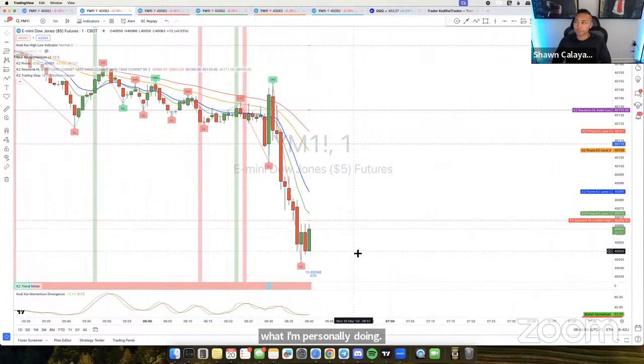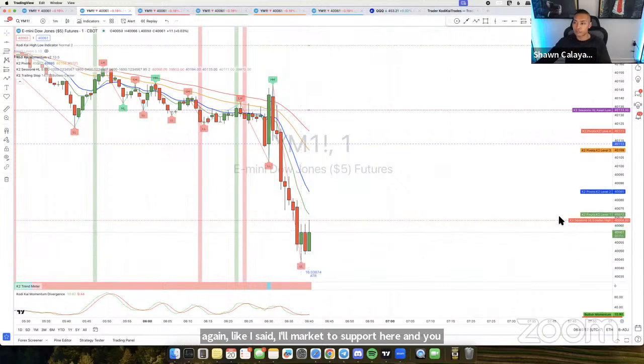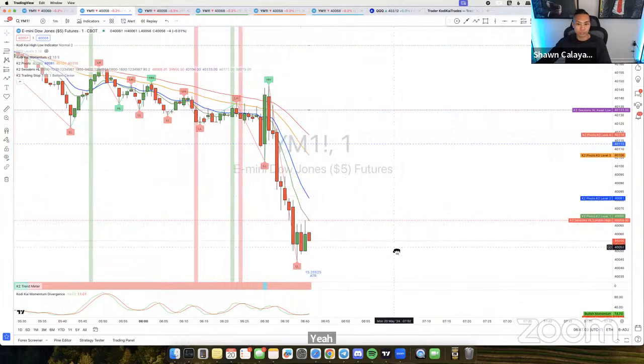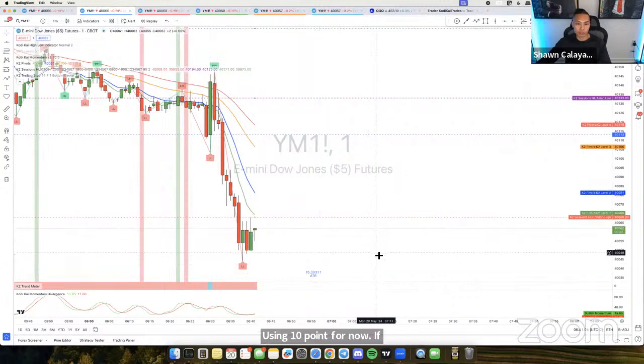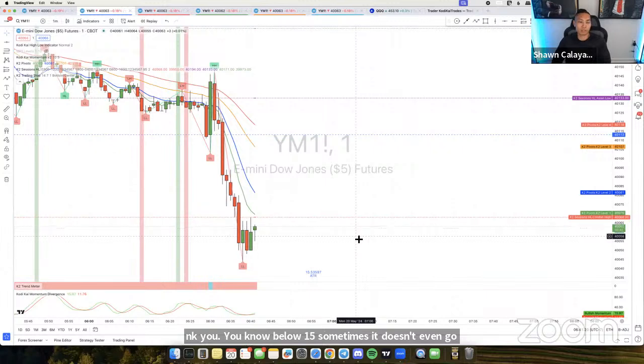All right, we don't have a new high yet, but once a new high establishes over here, again, like I said, I'll mark up the support here, and you guys can see where the range is happening. You have them all on 10/20. Using 10/20 for now. If the ATR picks up, we'll go back to 10/25, I'll go to 10/30, but for right now, I think 10/20 should be okay. Because the ATR sometimes doesn't go past 15. It just stays below 15. Sometimes it doesn't even go past 20 or 25. If it goes past 25, then yeah, you need a wider stop loss. But for the most part, I'll leave it as is right now